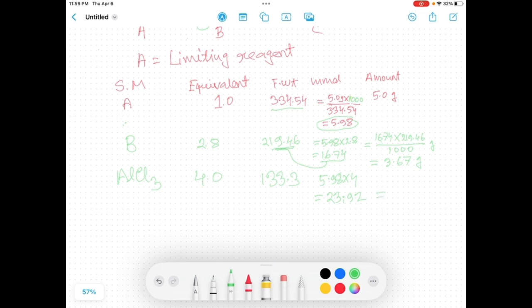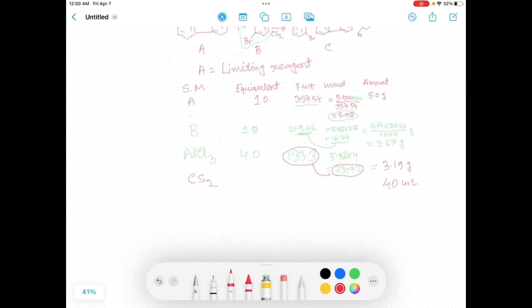So now multiply this 23.92 times 133, these two, then divide by 1000. So you will get, what is the amount? Around 3.19 gram in gram unit. And now write the solvent. You are using carbon disulfide, and you don't need to write the equivalent or molecular weight or anything. Just write how much solvent you are using, like 40 milliliter. So this will be a